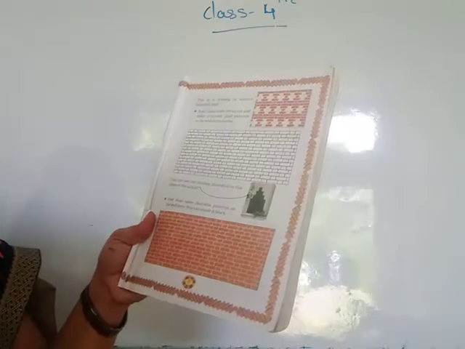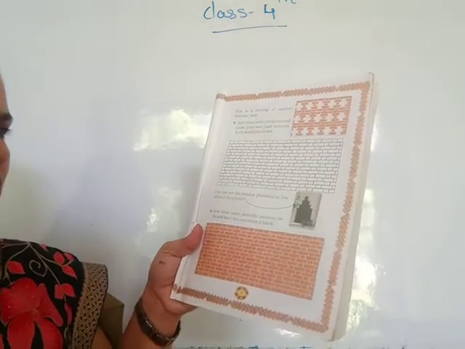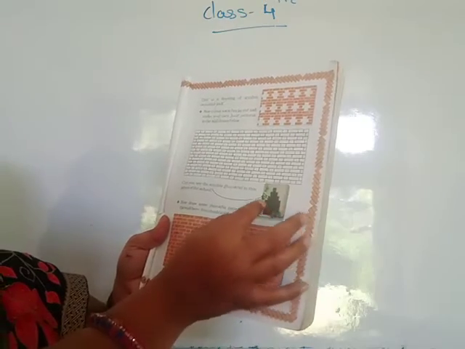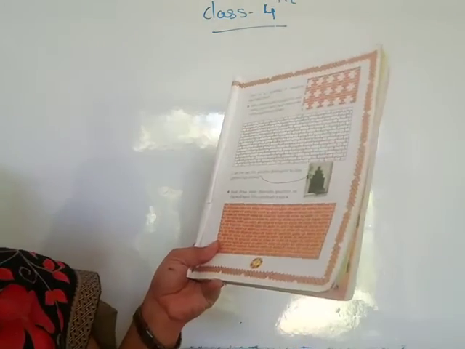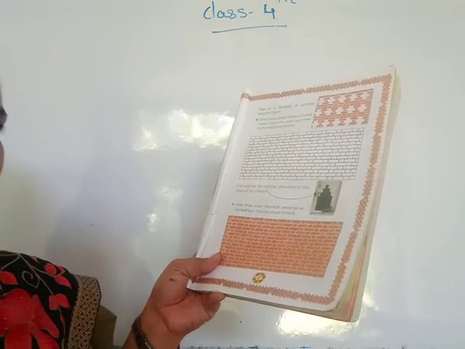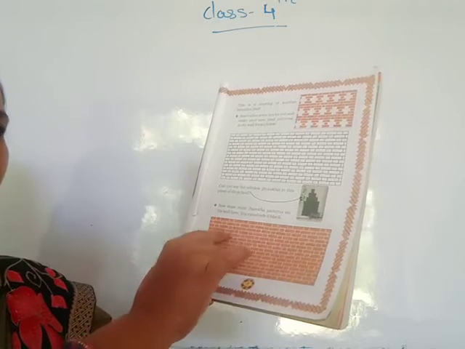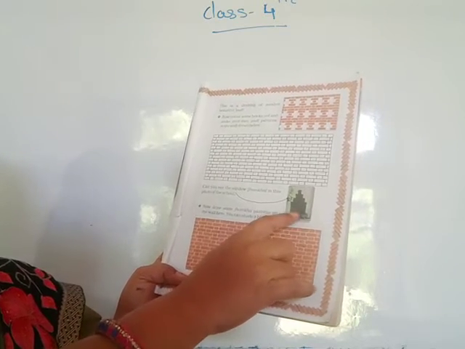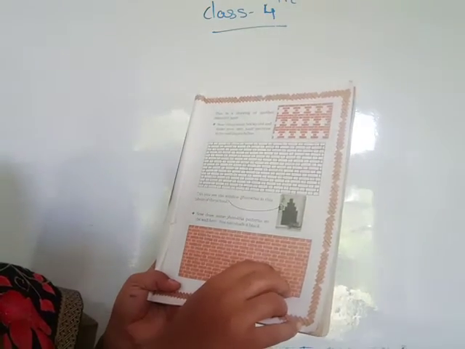Can you see the window, the Jharokha, in this photo of the school? You see this Jharokha, can you see this window? Now draw some Jharokha patterns on the wall here, and can you shade it black? On this wall, draw this type of Jharokha pattern and give it a black shade.